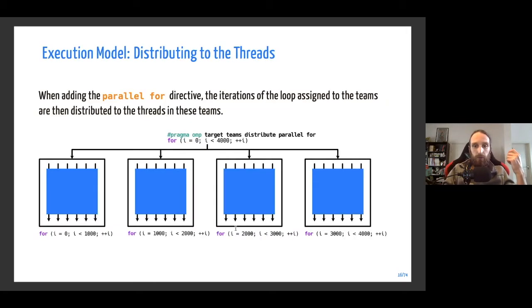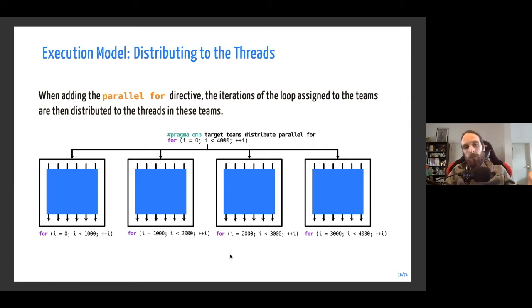And then you have the parallel for directive, which will distribute all the iterations that were assigned to the team to the different threads. So we have 1,000 iterations for each of the teams, and then all these 1,000 iterations will be shared across the threads present in the team.